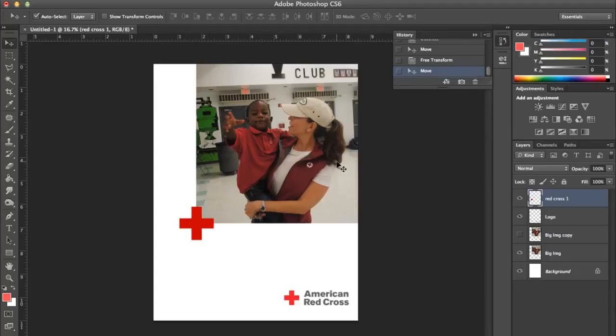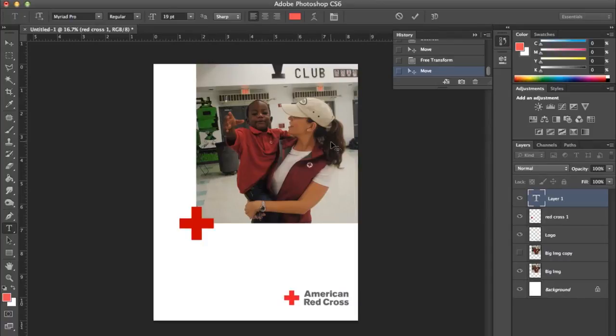So every time anyone designs anything for them, it's pretty much consistent, and it looks the same. Next, we'll get some text, like some heading. So you go to the text tool. By default, when you click the text tool and you click on the document, the text tool always makes a new layer for you. So you don't have to worry about adding a new layer, it just makes a new layer. And you type, say, red cross,